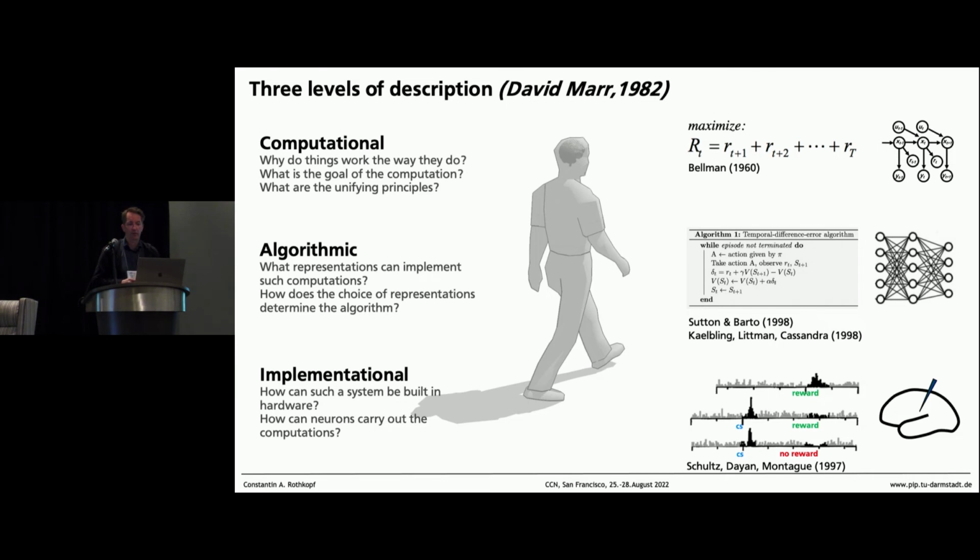I think at this conference I've seen it now at least 4 times as one of the prime examples. And I also think that's one of the success stories in computational cognitive neuroscience, that there is a general theory of how to do well sequentially. And from that theory, you can derive lots of different algorithms. There's one family of algorithms, temporal difference error algorithms, that you can also implement using neural networks, where